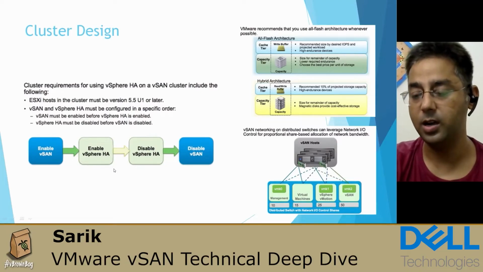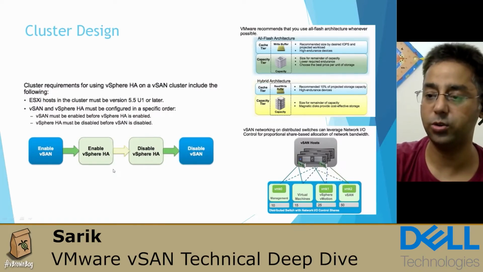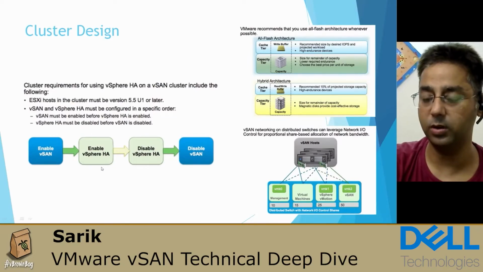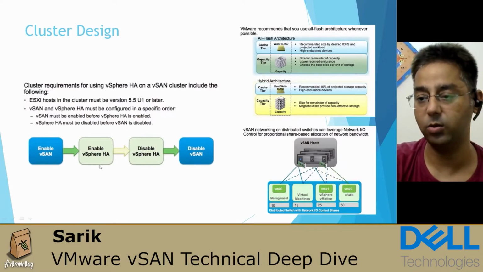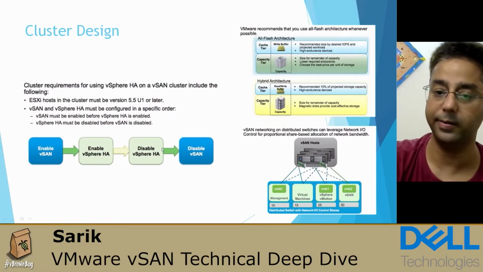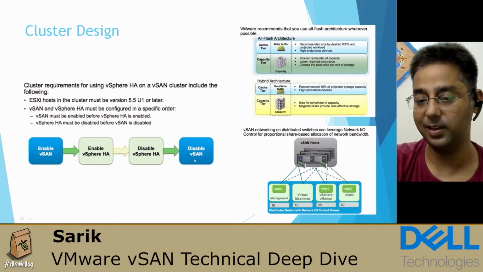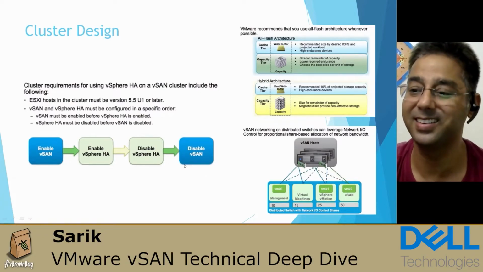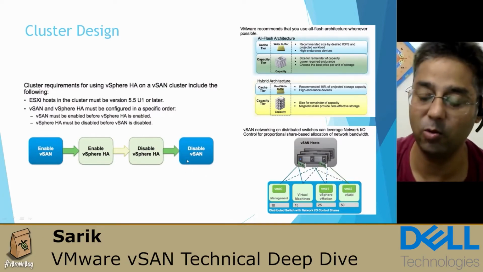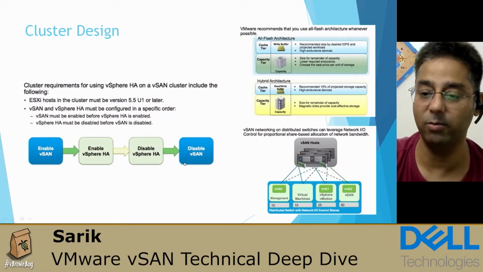have HA enabled, and all the ESXi hosts should have HA configured properly. If any of the ESXi hosts has an issue with the HA configuration, we need to fix that first, and then we can enable the vSAN. The same concept applies if we are going to disable the vSAN. First we need to disable HA, and only then can we disable the vSAN. That is the tricky part, but yes, this is the requirement, or this is a concept, whenever we are going